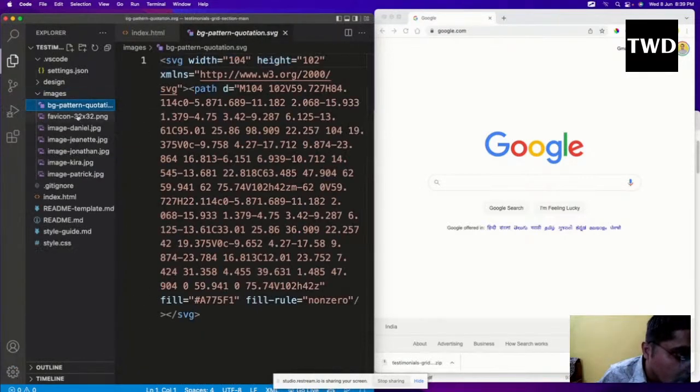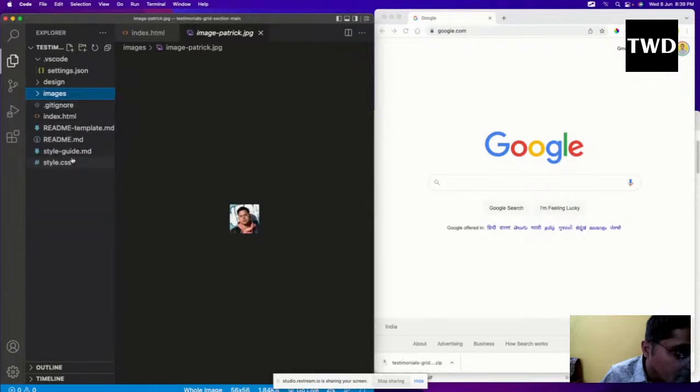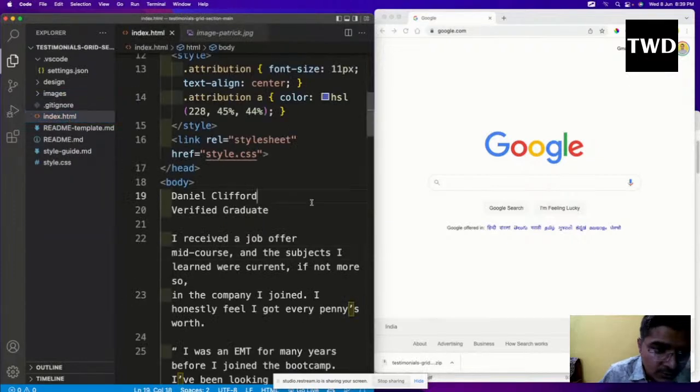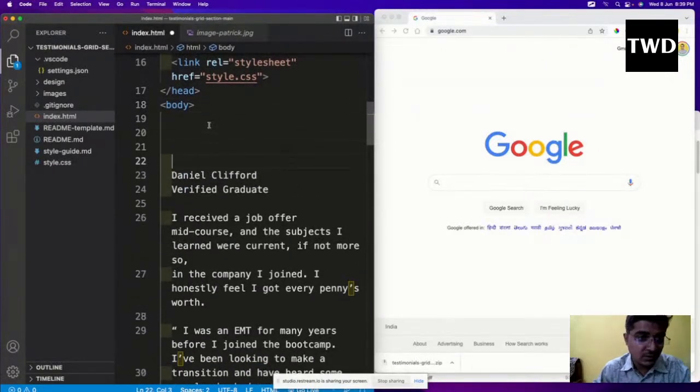What is in the images? The images are similarly 1, 2, 3, 4, 5. For all the 5 testimonials, they have given us the images also. So moving to the index.html now, let's move all these things below, and we'll start with